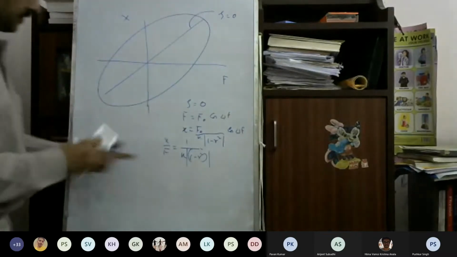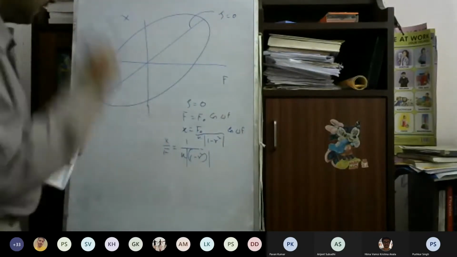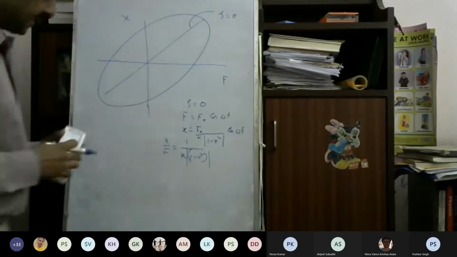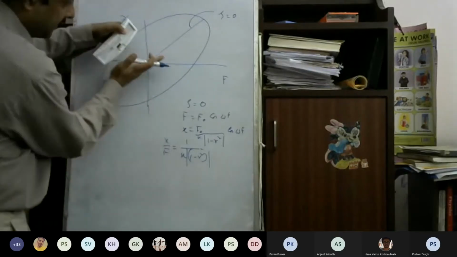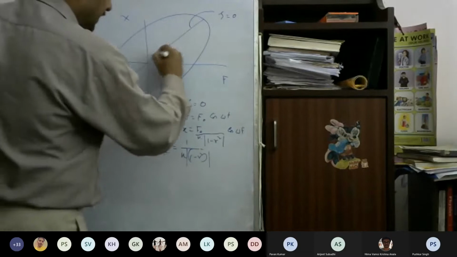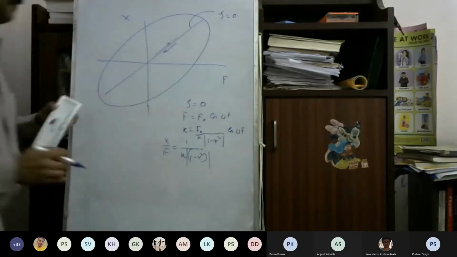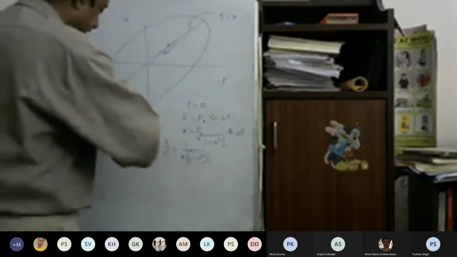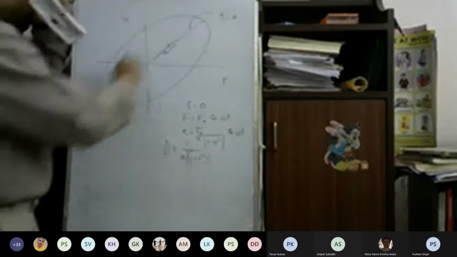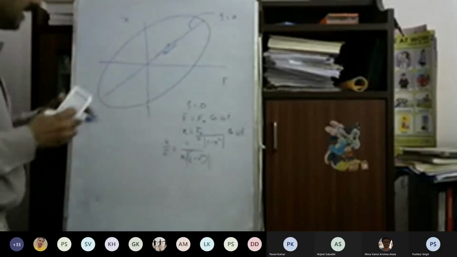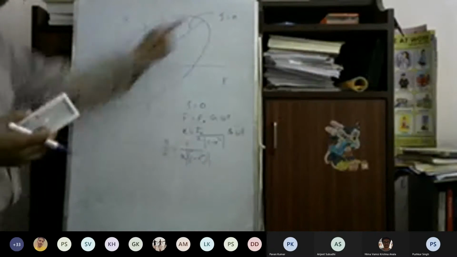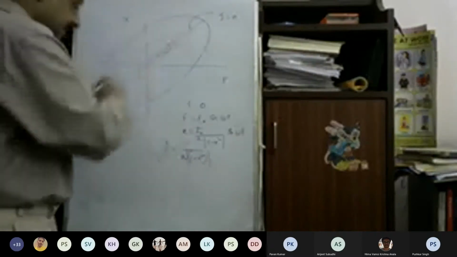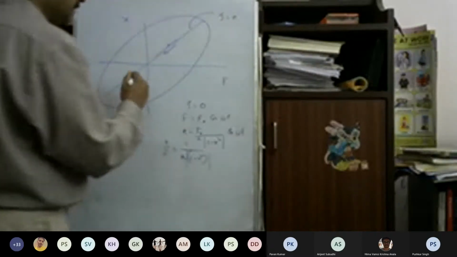As zeta increases, this becomes 0. As zeta increases, what happens? This function actually becomes 0, because while going up and coming down, when t is increasing or decreasing, it is following the same straight line, so there is no area enclosed by this curve. So this is a straight line, therefore the area enclosed by the curve will be 0,